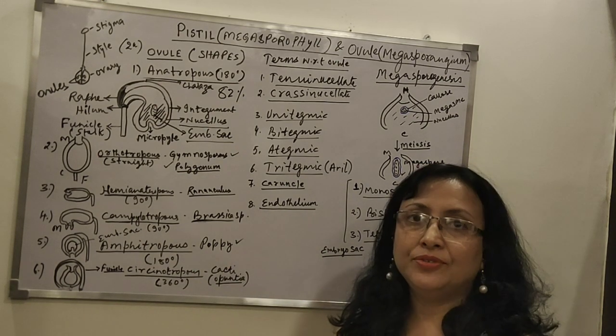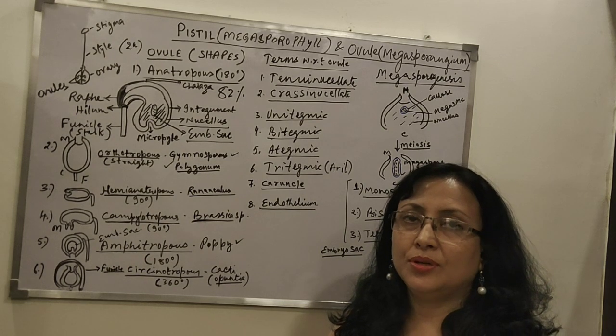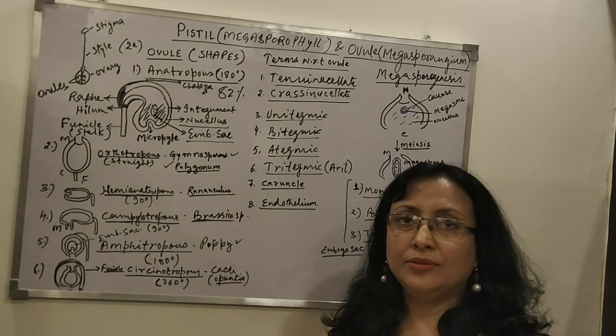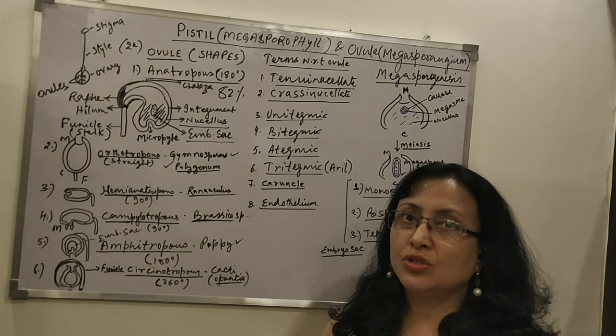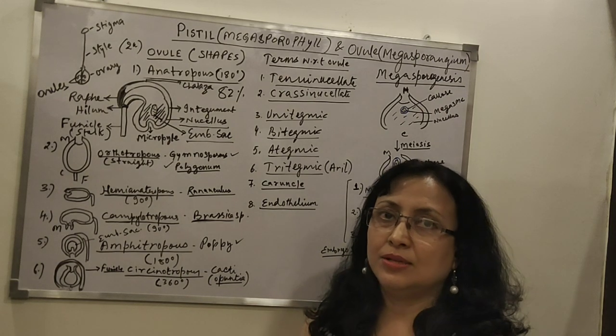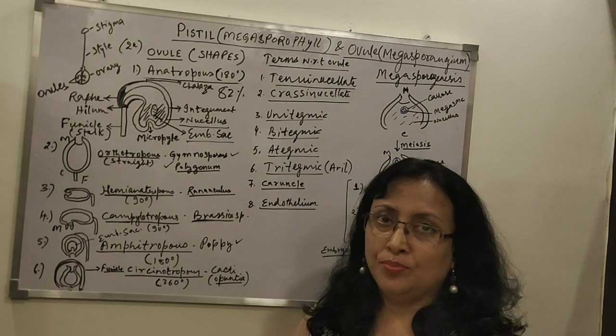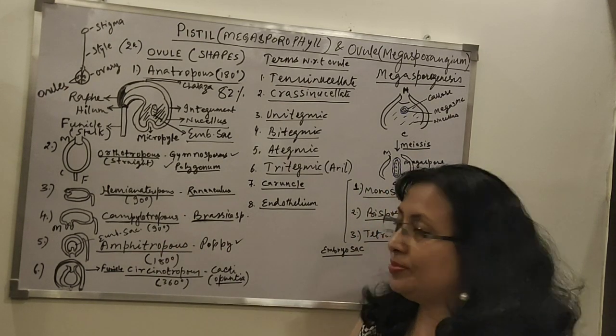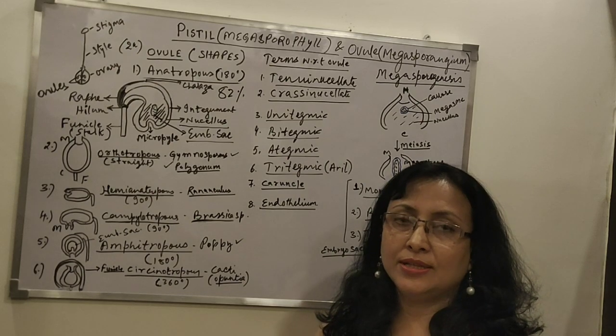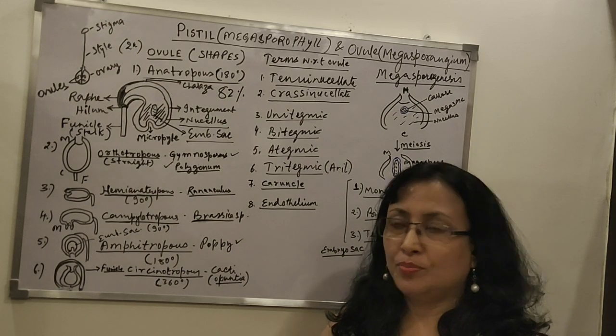Poppy, the Papaver somniferum, a very important plant, poppy, from where we get the latex called opium, which is used in various medicines and also is a narcotic drug, opium. So this poppy plant, from its fruit walls, we get the latex, which is called opium.